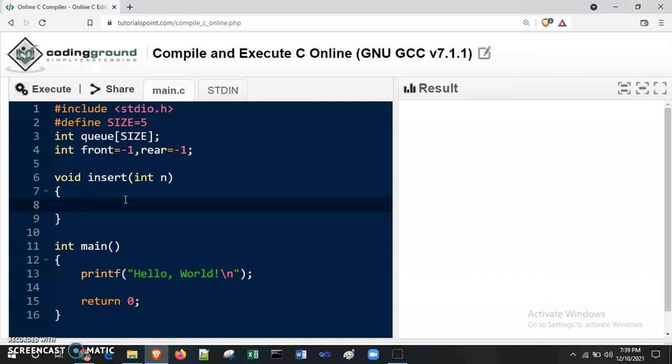Then if first element we are inserting, at that time only we need to increase or update both the front and rear. But whenever some elements present inside queue, in that case we only need to update a rear, means we add element at the rear side. Okay, whenever we add one more element inside queue, we add it at end, means at rear side.